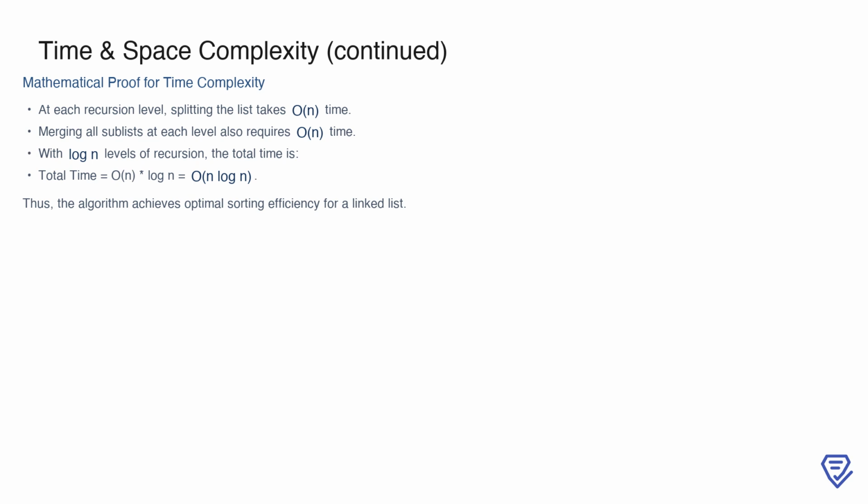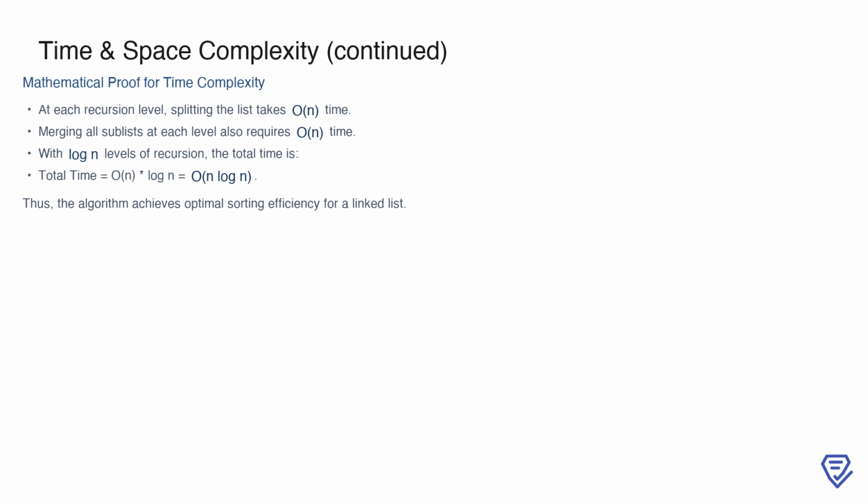The time complexity of merge_sort can also be demonstrated mathematically. At each recursion level, splitting the list requires O(n) time. Similarly, merging all the sublists at that level also takes O(n) time. With log n levels of recursion, the total time is the product of these two factors, O(n) for each level, multiplied by log n levels, resulting in O(n log n). This analysis confirms that merge_sort achieves optimal sorting efficiency for linked lists, combining both its divide and conquer methodology and